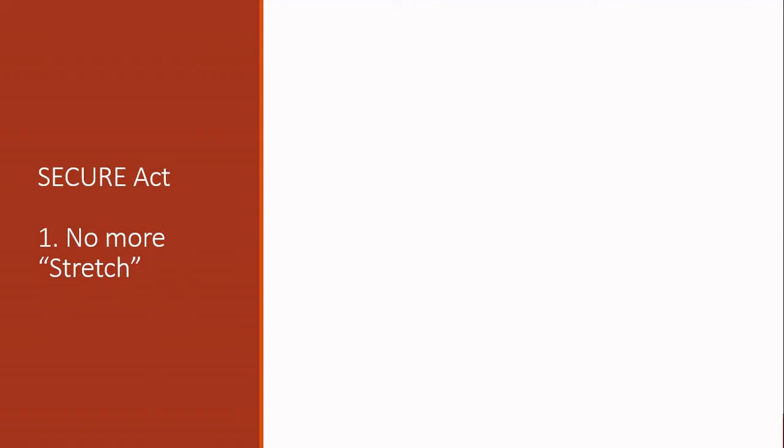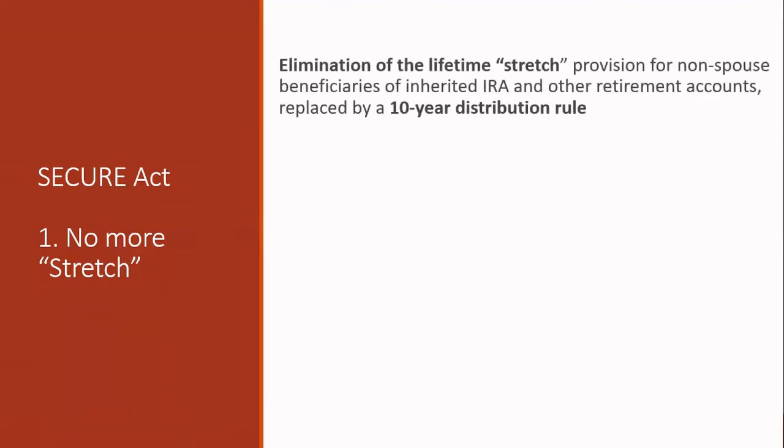So one of the most significant changes made by the Secure Act is the elimination of the stretch provision for non-spouse beneficiaries for IRAs or other retirement accounts. So meaning if someone other than your spouse passes away and you inherit a retirement account from them, this affects you. Under the previous law, so before 2020 now, beneficiaries were able to stretch, they called it, their RMDs, required